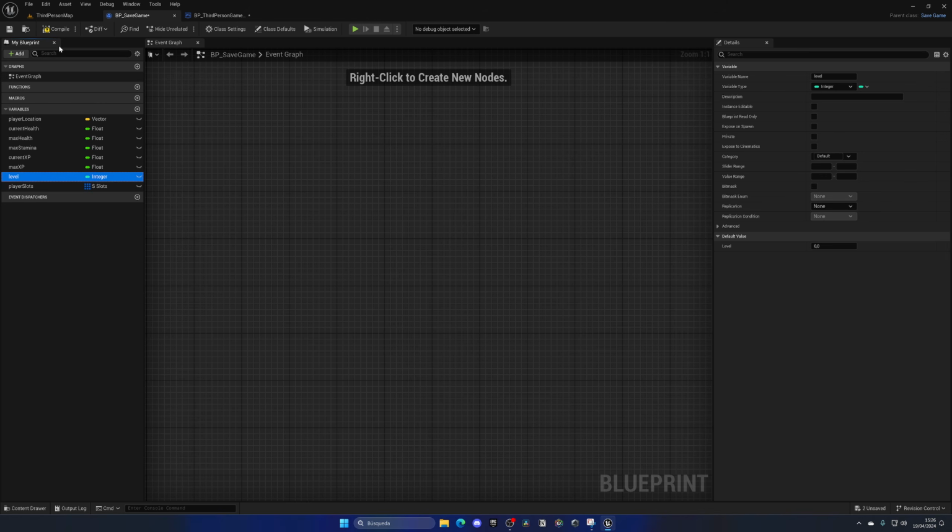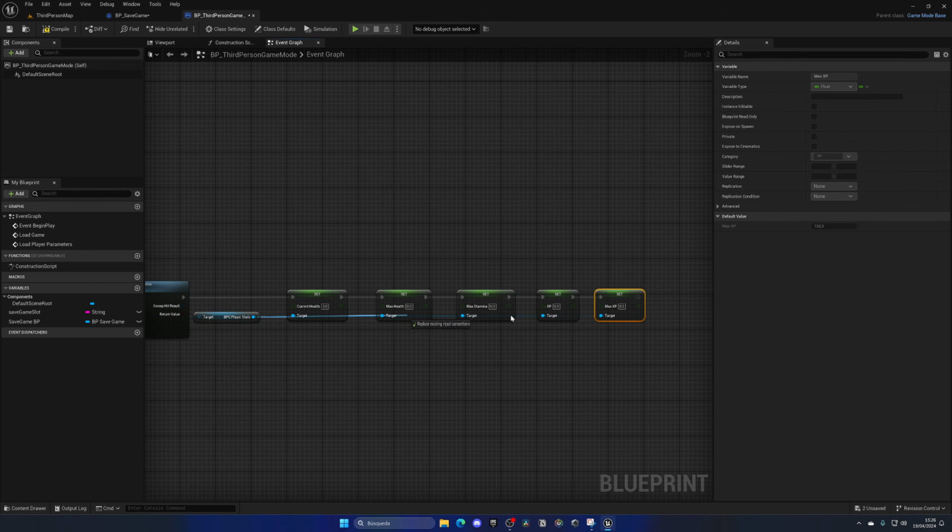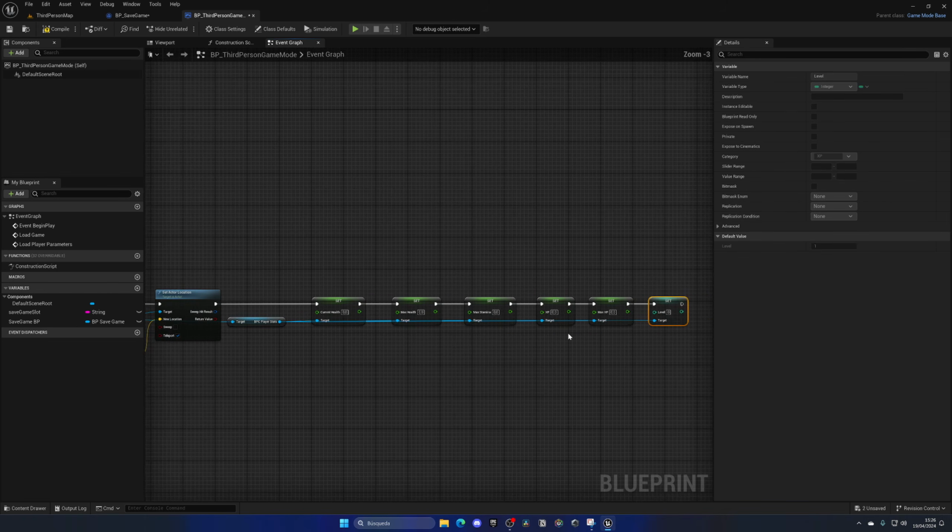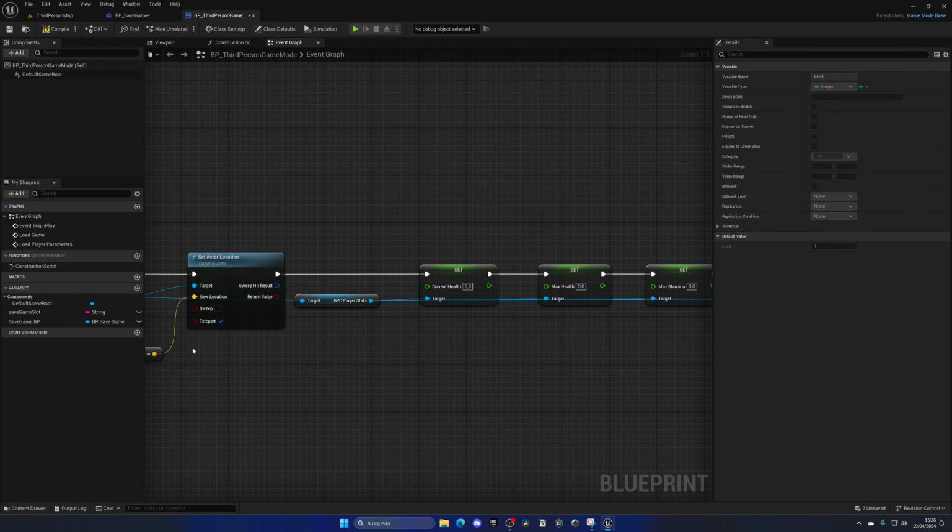And then finally we are going to be setting the level, which you actually need to change to an integer, okay? Because of course it's not a float, it's an integer, because it doesn't have decimals. So set level, and there we go. Cool, so now I basically just need to get the save game BP and begin to